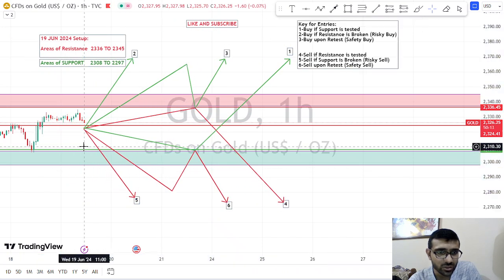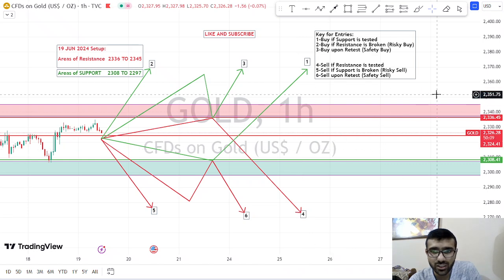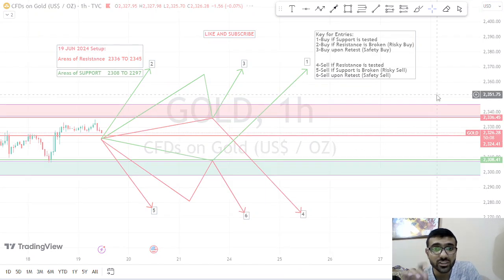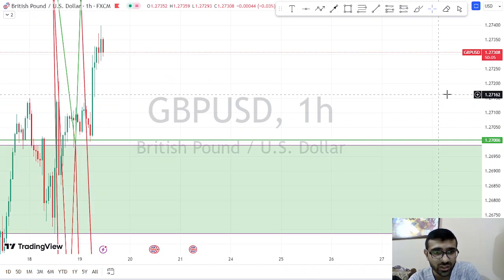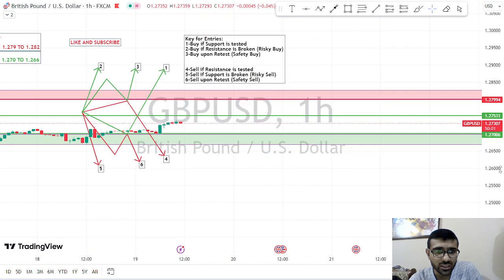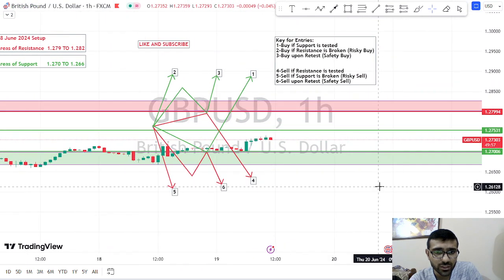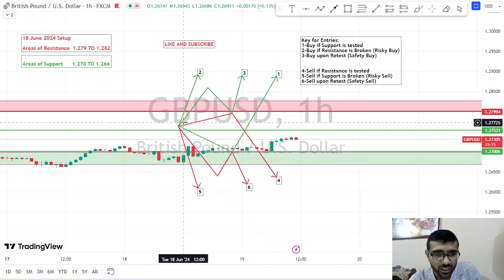Okay, so that's all. Just be vigilant and always manage your risks accordingly. So let us move forward to the next pair, which is the GBP USD pair, from where we left off yesterday. You can clearly see that when we were discussing this GBP USD pair yesterday, the market was